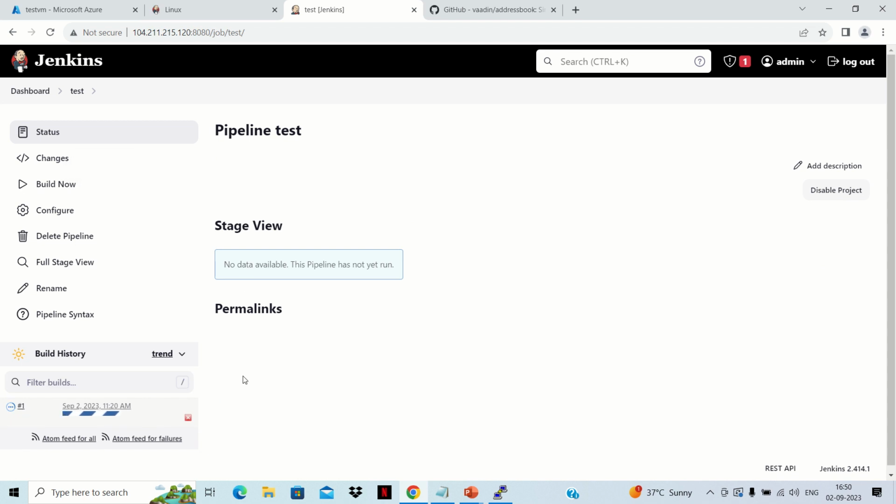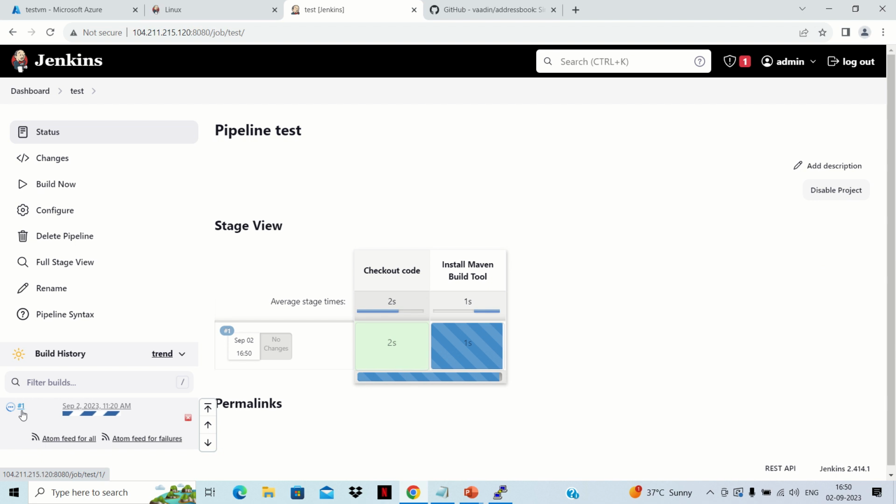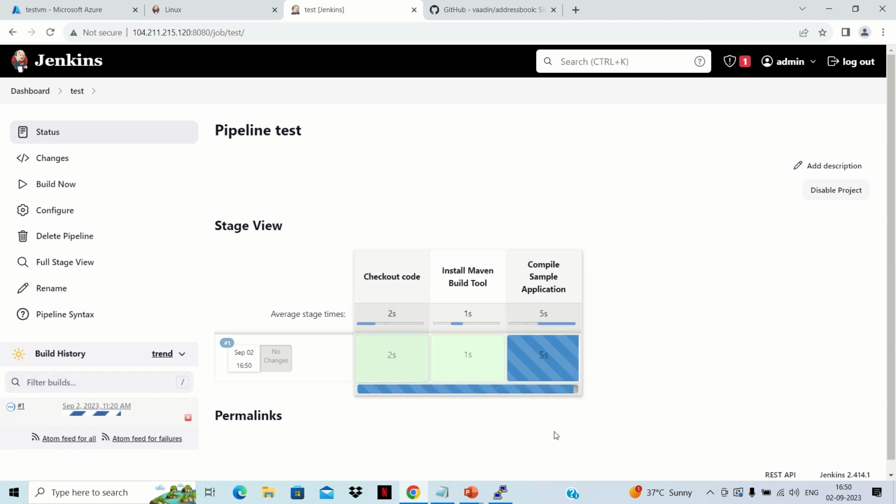Now you can see that this particular job one is executing, and you can see your pipeline execution here. So it is doing all the steps one by one, as of now. And when you execute it a second time, you'll see the complete pipeline from the first stage to the end stage in the previous section of your previous build. So let's wait, it is getting